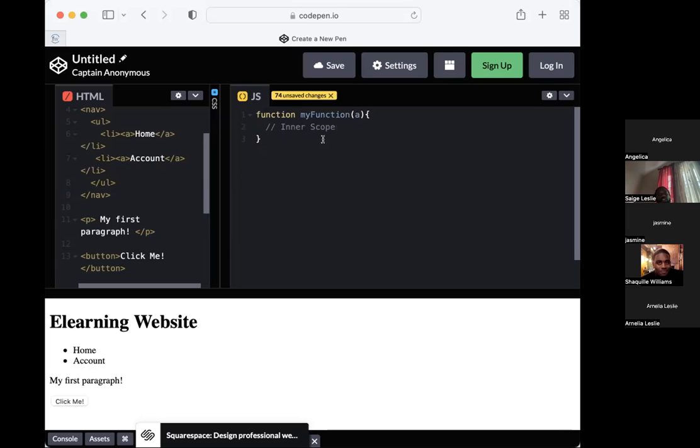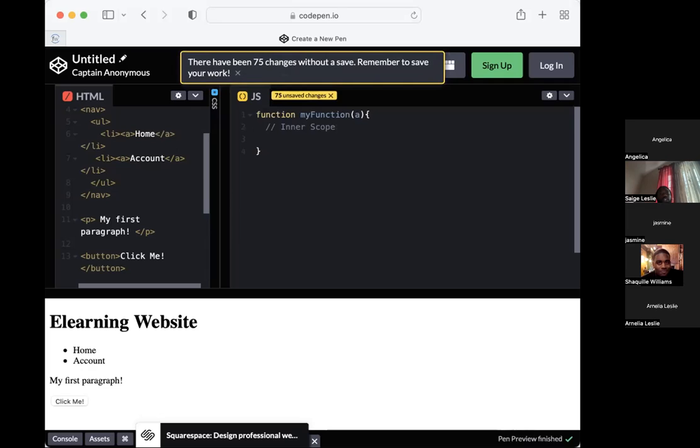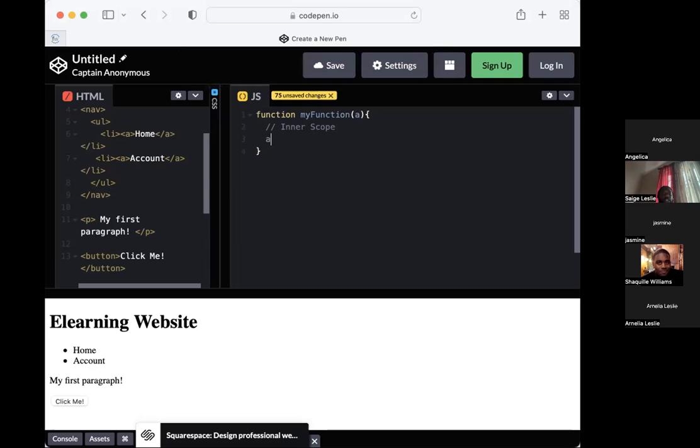Now we're going to press enter again while we're in the inner scope. The first thing we're going to do is increment A. So we're going to say A, and then put a plus plus. This is going to increment the value of A and make it go up. Then the next thing we're going to do is call console.log. So enter again, get a new line of code, and on this new line we're going to log out some information to the console. So type console.log,